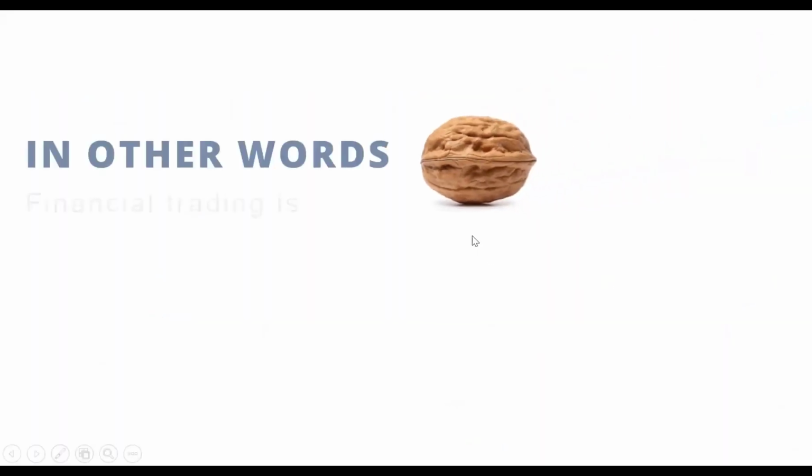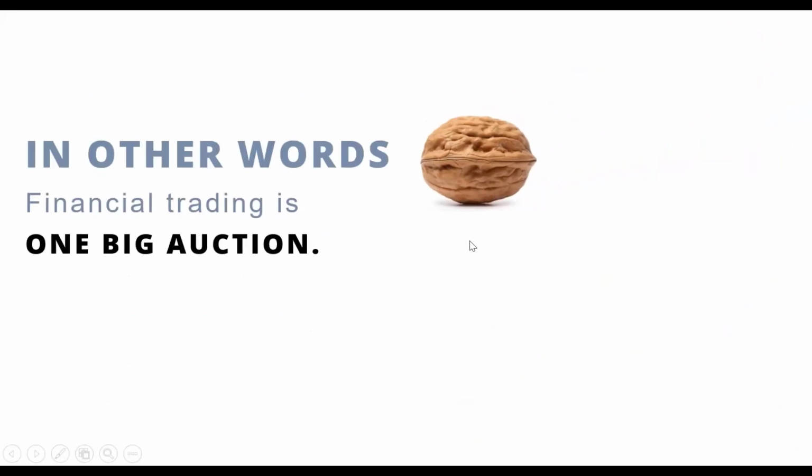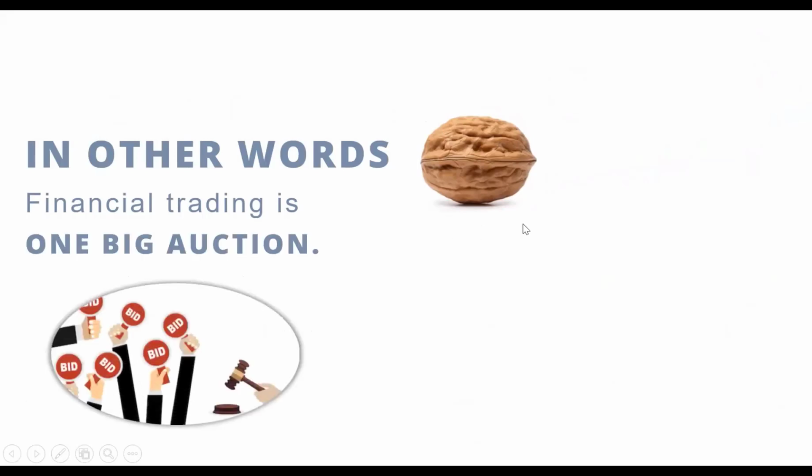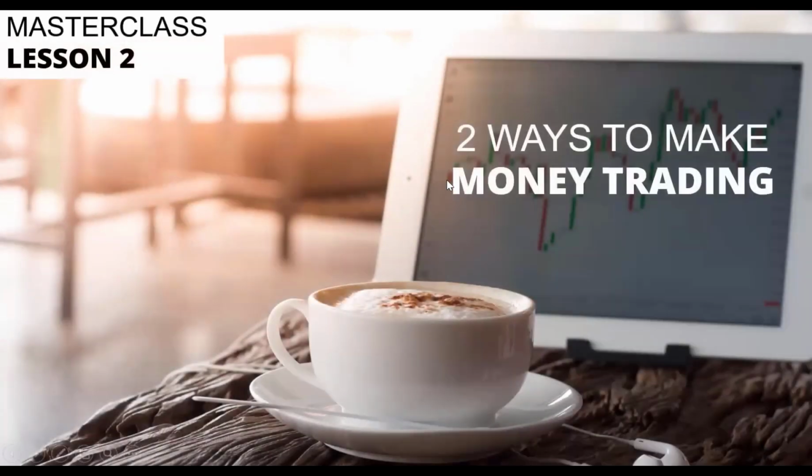But more importantly, financial trading is one big auction. There is demand, there is supply. When there is a lot of demand, there is buying. When there's a lot of supply, there is selling. And because human psychology will never change, financial trading inevitably will be the same. There will be trends, the markets will move up, will move down, and will move sideways, which means that when the markets trend, we have the perfect opportunity to follow the trends and profit at the same time.